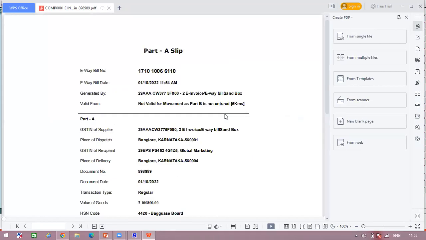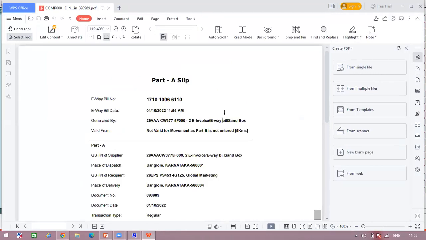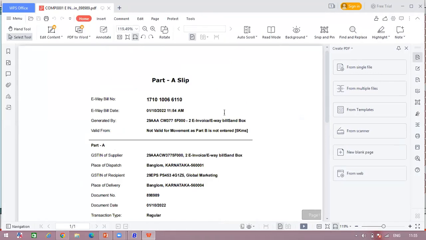So you can see an e-waybill printout of part A has been generated in a proper way, and